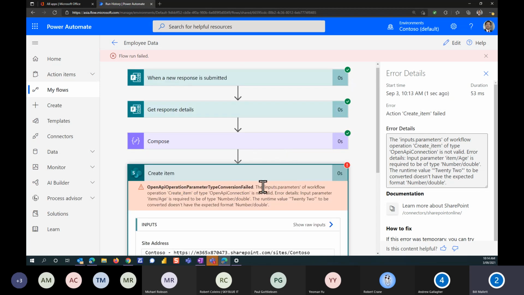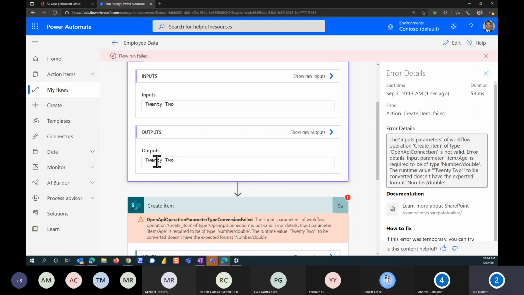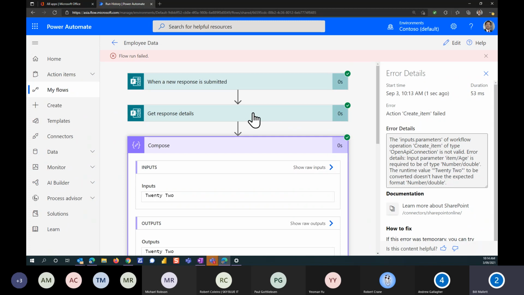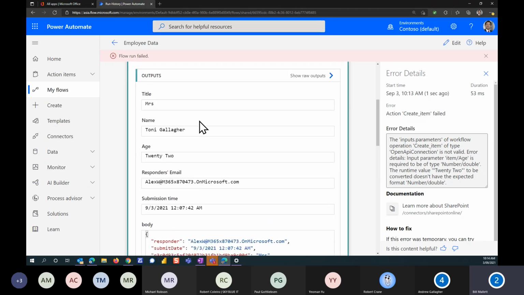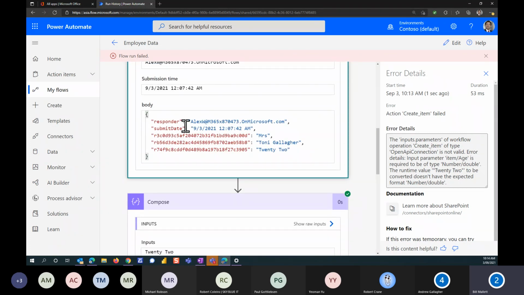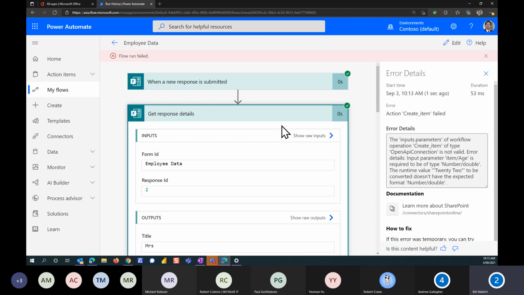So that's the way you can, and you can go into any of these data. If I click on compose, you can see that the 22 had an output of 22 in this case. We click on the get response. This one's a little bit more interesting because we can see our input was our form, and the output is the information we got off the form, including the body, which actually happens to be code, which is the way things are actually stored. But this can be handy when you're trying to get into the details of what's gone wrong, because you refer to these things, and you can see if you referred to the wrong thing when you look at that level of detail.